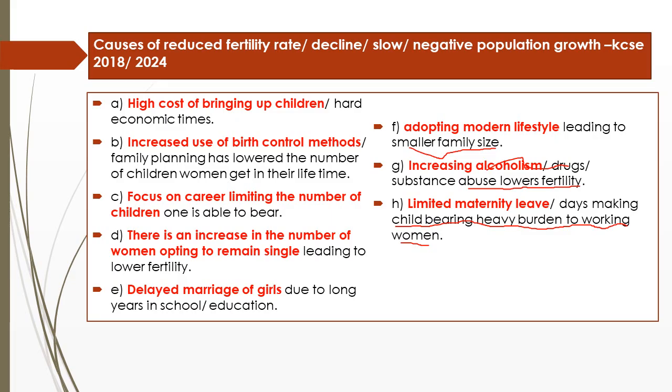So by the time you are getting into families, you find that much of your time has been spent in school, and therefore the span that you have for having children is limited, and that one slows population growth. People these days are also adopting modern lifestyles, and modern